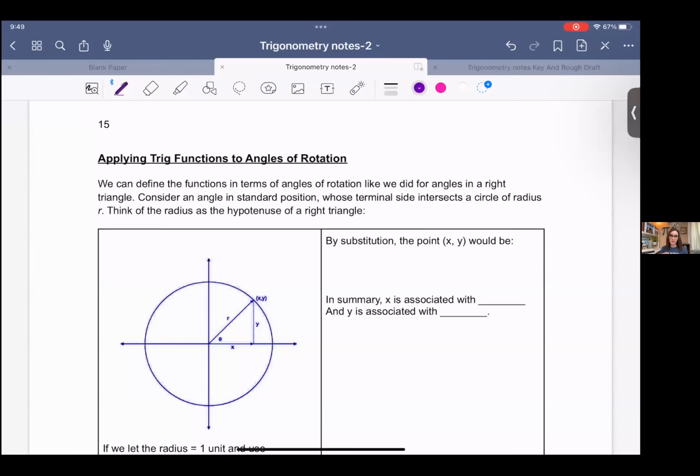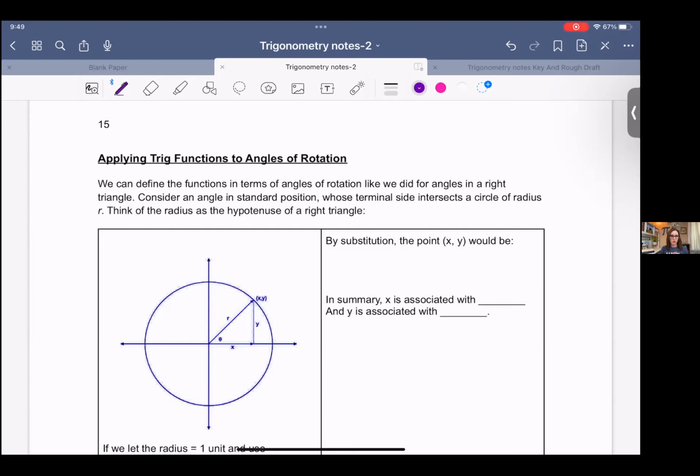Hey y'all, in this video, we're going to be learning about applying trig functions to angles of rotation. And essentially this is leading to the unit circle. So you're going to get your introduction to the unit circle with this lesson. These concepts that we're going to be learning today are leading to the unit circle, which is something that you're going to be using all throughout trigonometry. So this is something you really want to grasp and fully understand or have handy with you as you navigate